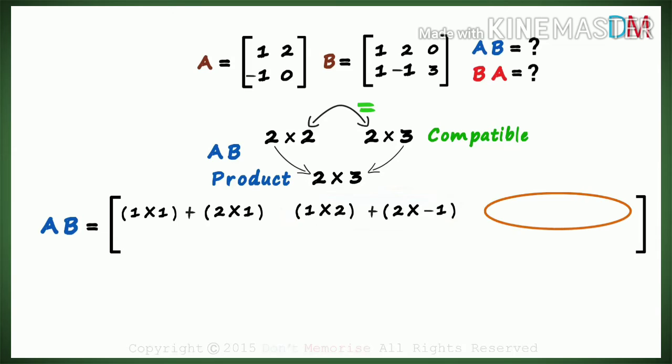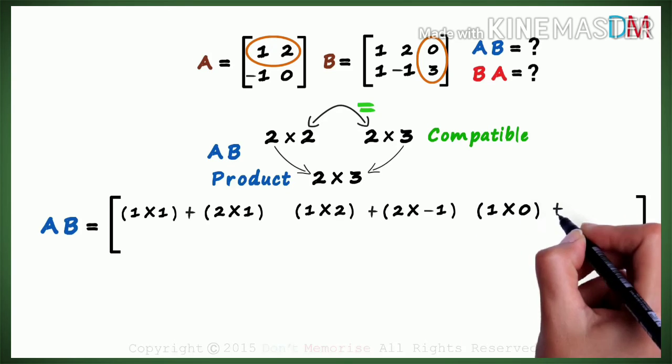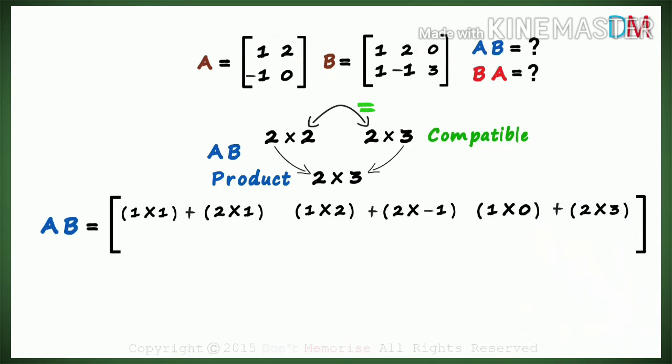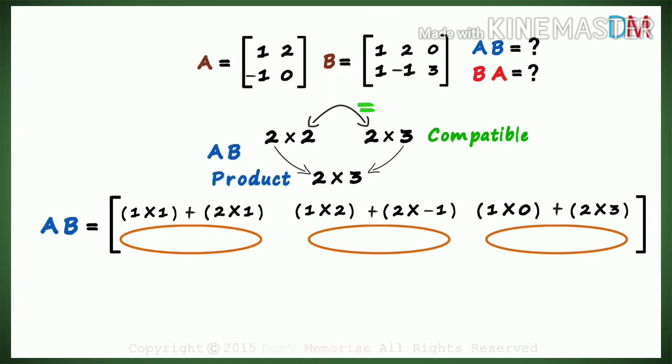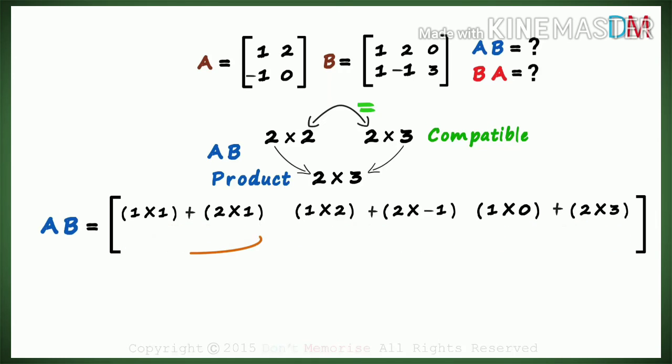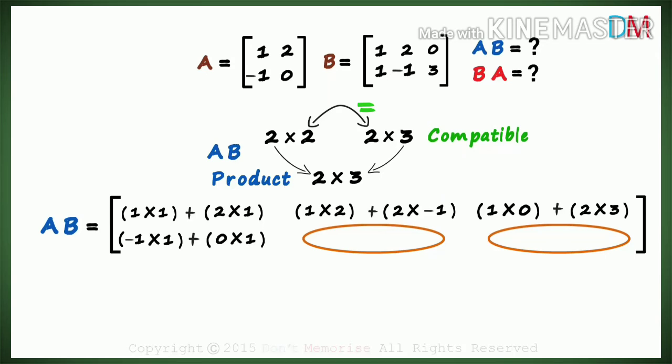For the 1/3th element of the resulting product, we multiply the first row with the third column. We get 1 multiplied by 0 plus 2 multiplied by 3. We are done with the first row. We have multiplied it with each of the columns of the second matrix. There are 3 more elements we need to find. To find the element in the 2/1th position, we multiply the second row with the first column. We get -1 multiplied by 1 plus 0 multiplied by 1. Why don't you try finding the elements in these two positions? Pause the video and give it a shot.